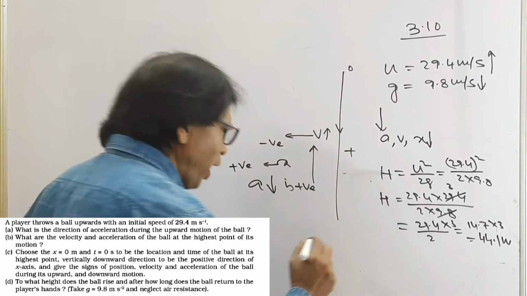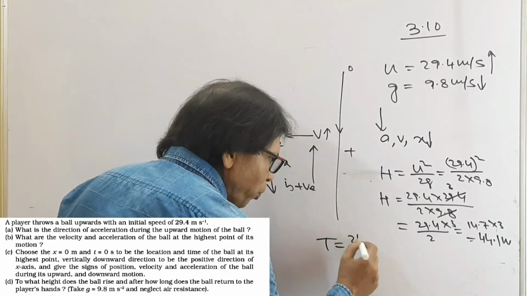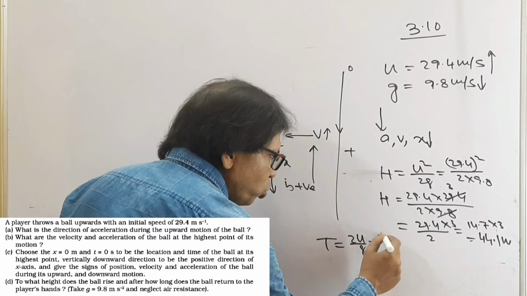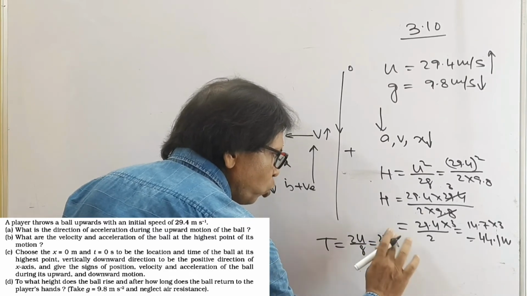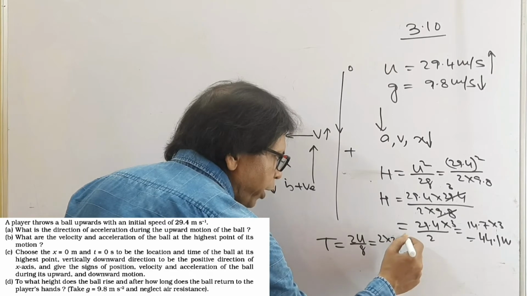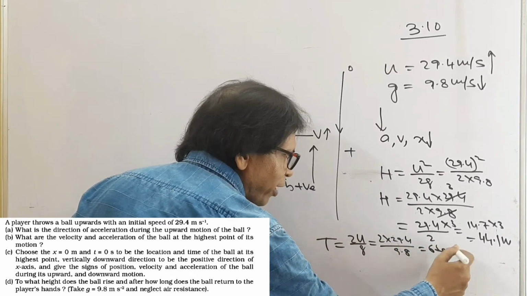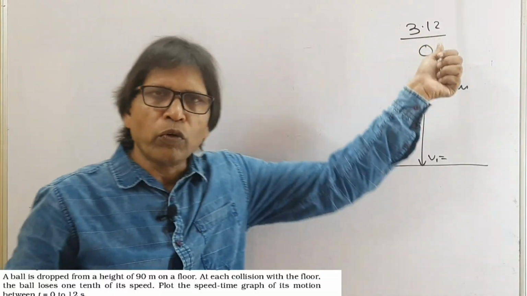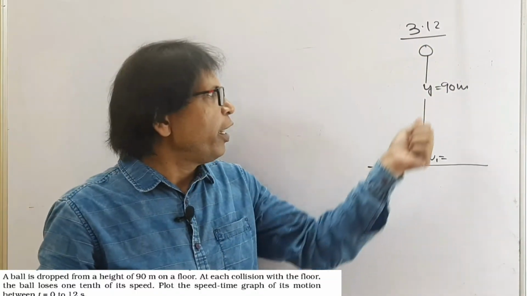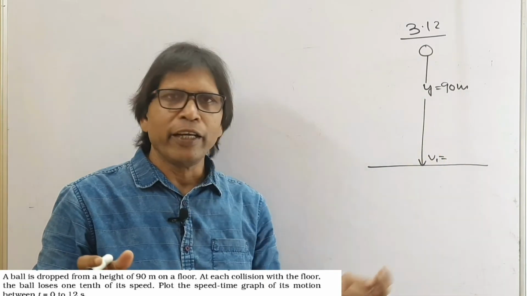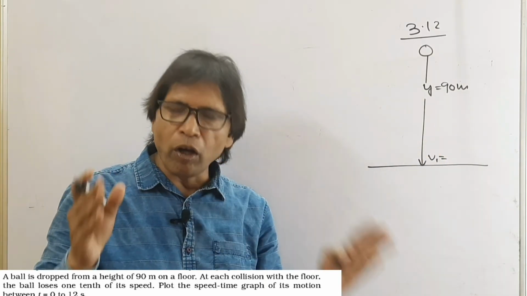Now total time of flight, look at this, this is 2u by g. So 2 into 29.4 divided by 9.8. So this is 6 seconds. Okay, understood? Look at this, a ball is dropped at a height of 90 meter and after collision with the